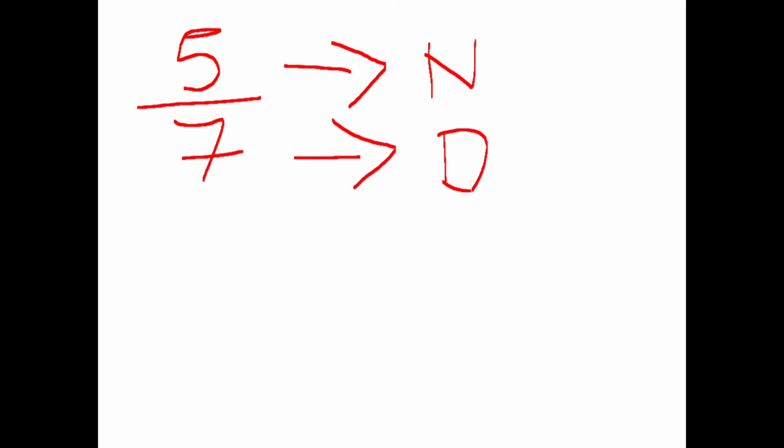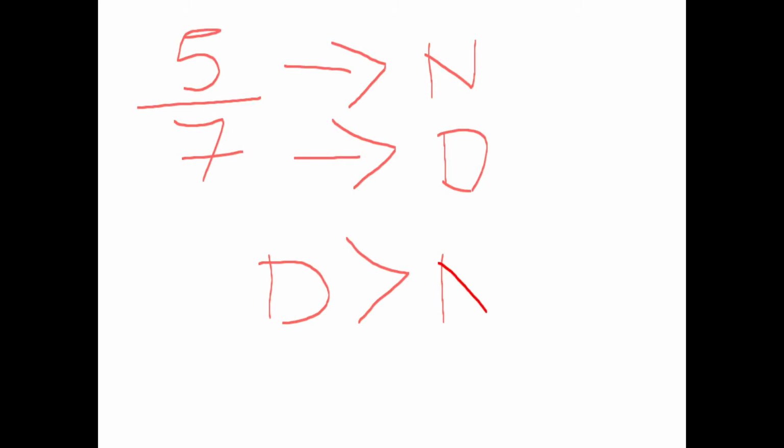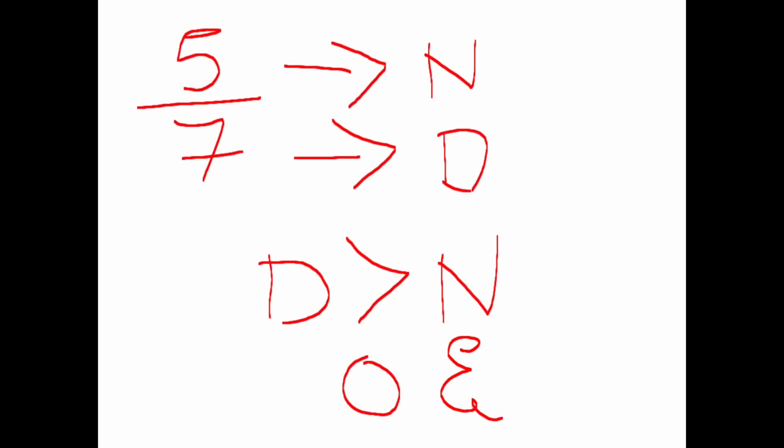So we can say that the denominator is greater than the numerator, right? Numerator is the smaller number, denominator is the bigger number. So whenever you get this type of rational number, it always comes between 0 and 1. Between 0 and 1 itself you are going to get this type of rational numbers.